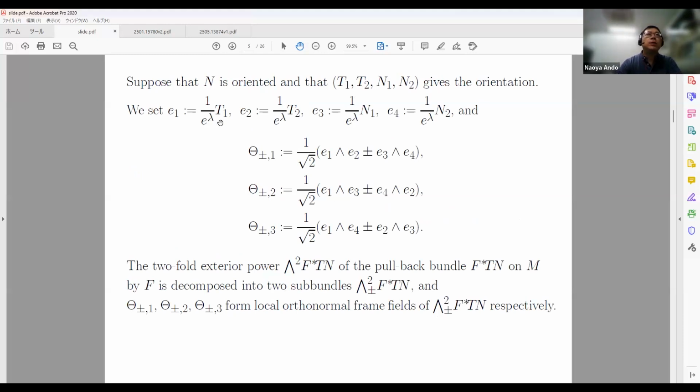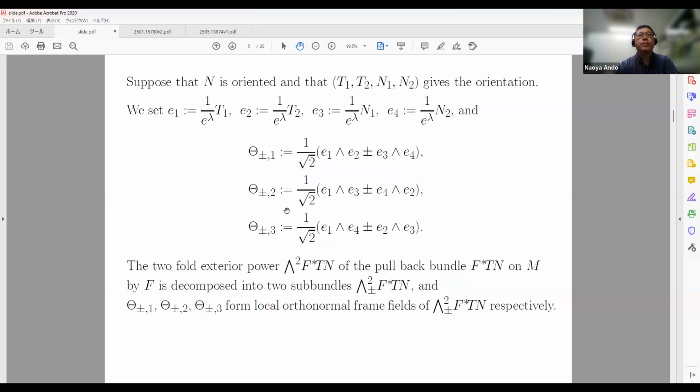Let E1, E2, E3, E4 be given like this. And let theta plus minus 1, theta plus minus 2, theta plus minus 3 be given like this by E1,